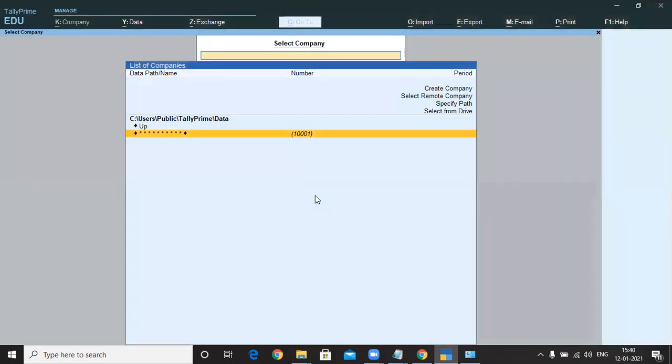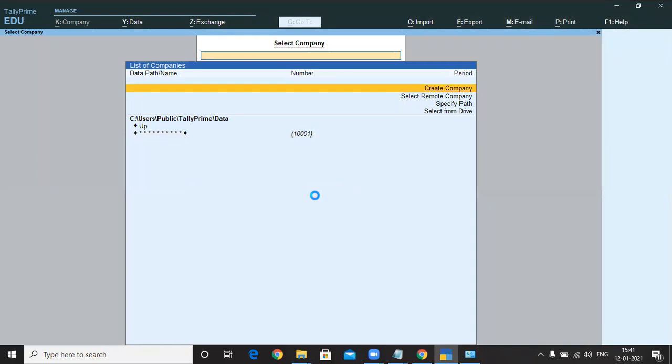Okay, now let's see. Create a new company and see whether it is taking 10,000 or 10,002.